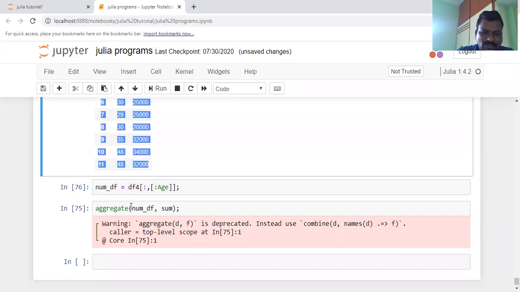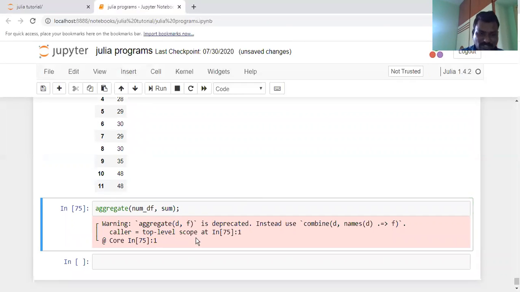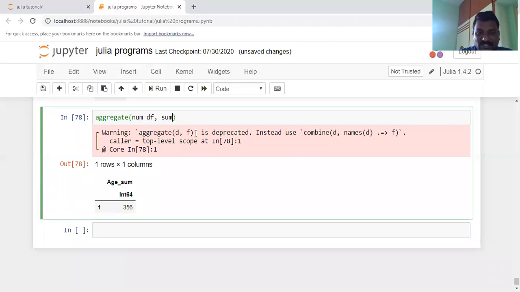Here first you have to take the numerical values. For the numerical value, colon age, I am taking the numerical data only. That means num df consists of numerical data. Yes, it is having only the numerical data. And then I am performing the aggregate function on num df. If you perform the aggregate function, it produces the average, sum. The aggregate functions are sum, average, count, and so on.